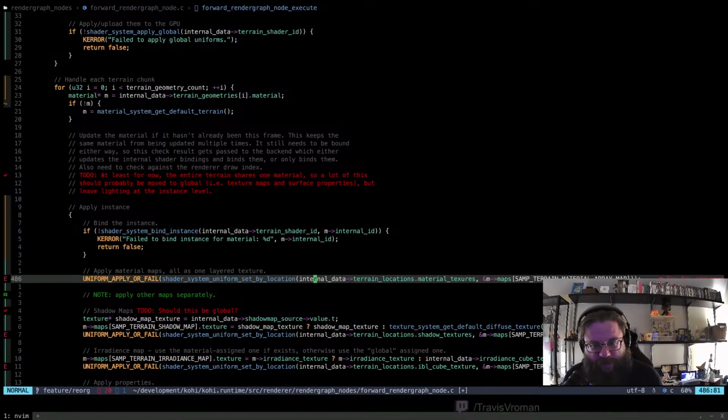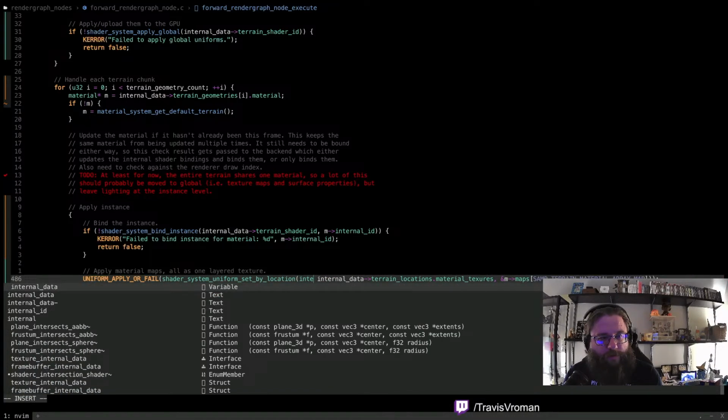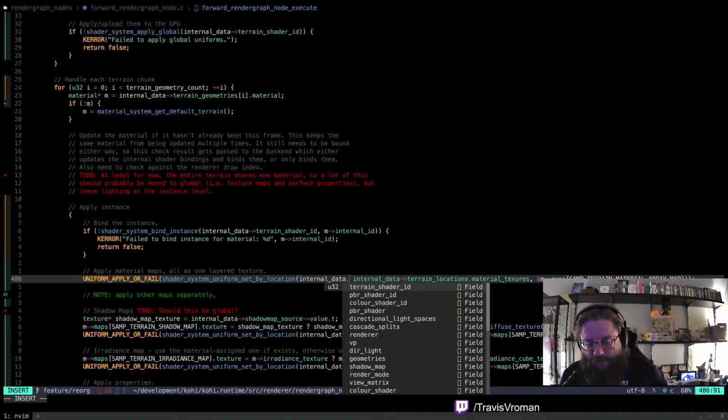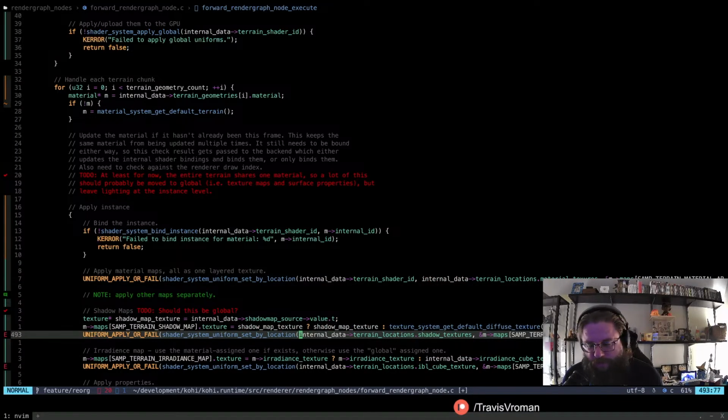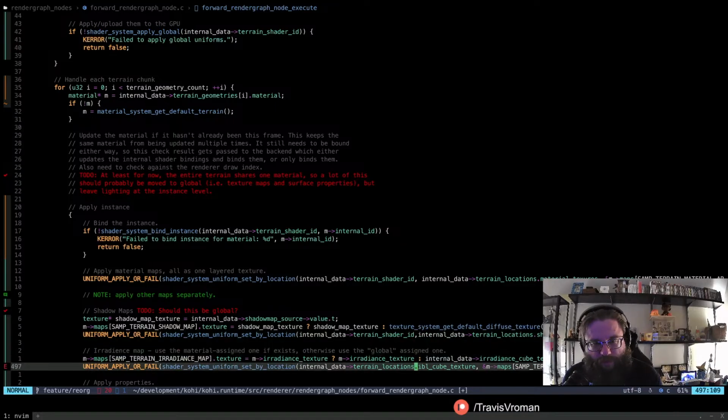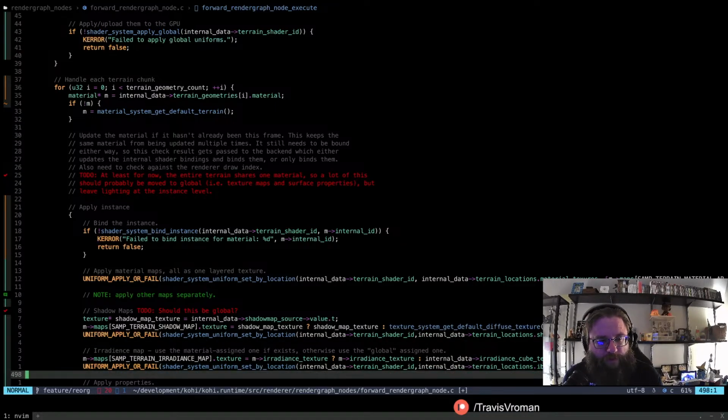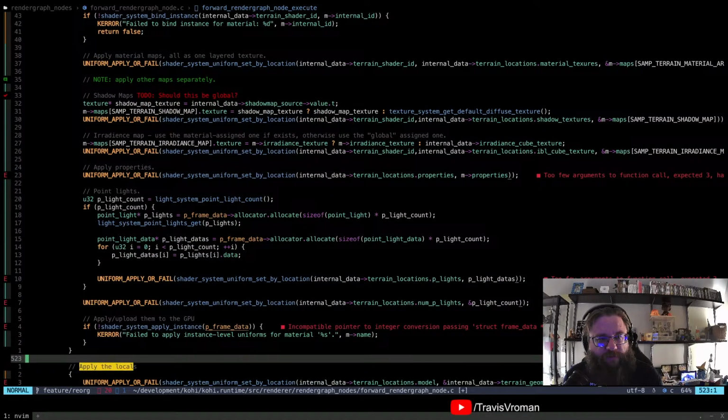Right? So we're going to have to do internal data, terrain shader ID, comma. And one right there, one right there. We've got a few more.